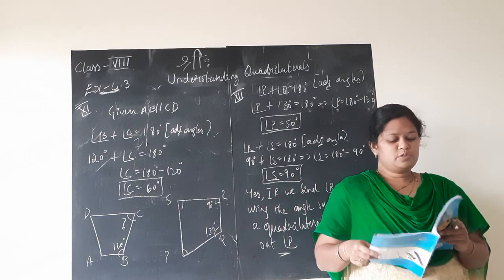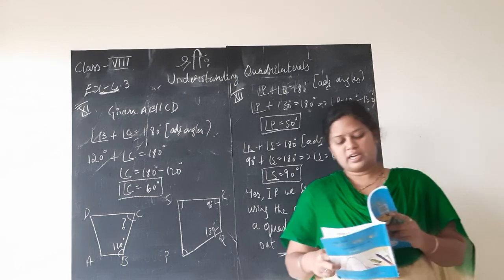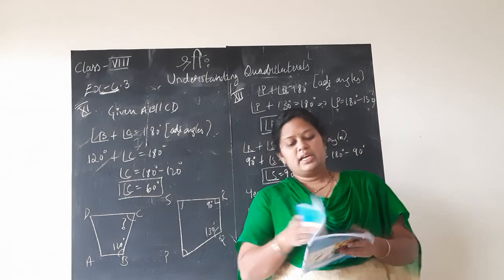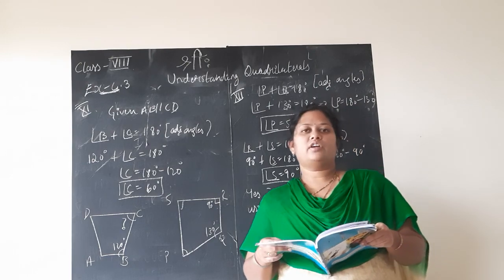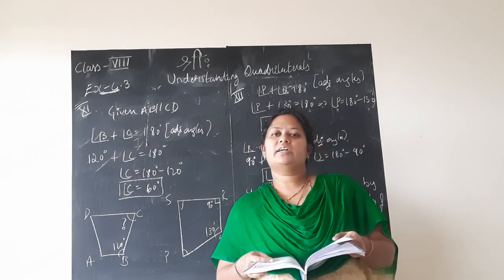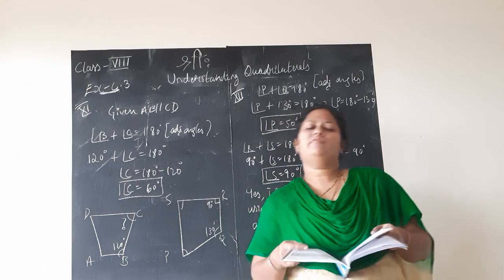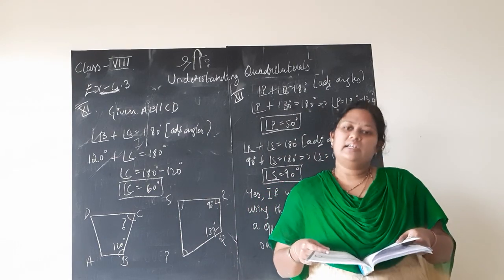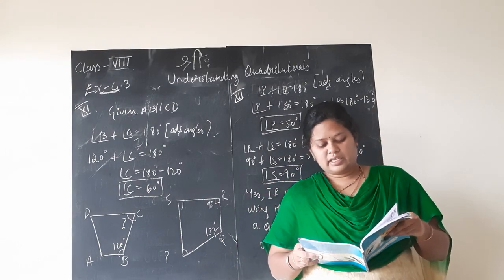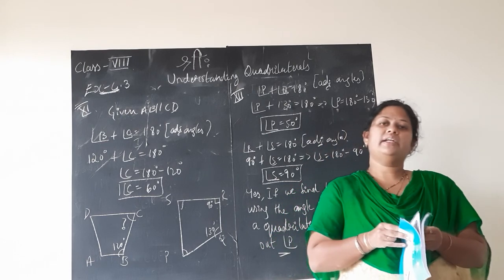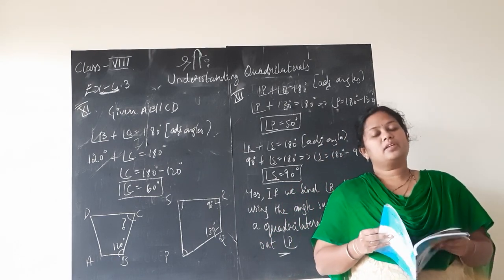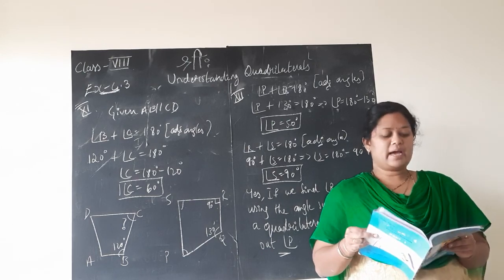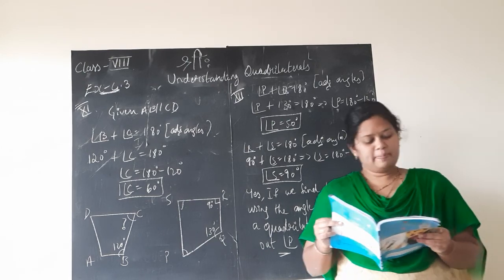Based on that, children, some special types of parallelograms are there. That is rhombus, rectangle and square. So, as we did for the rhombus, kite, trapezium, parallelogram and all, we should just list the properties, understand it and solve the exercise 4.4, which will complete the lesson, children. So, now next we shall study the types of parallelogram, some special parallelograms.